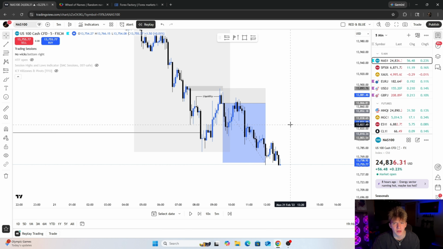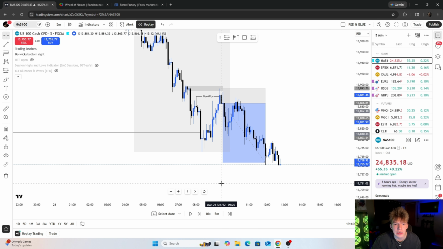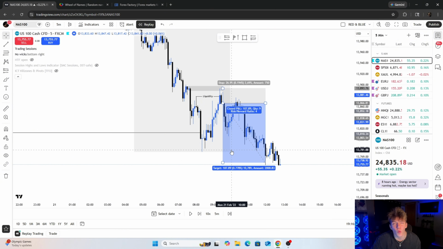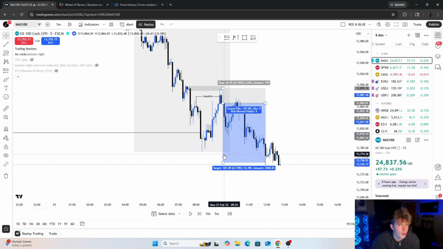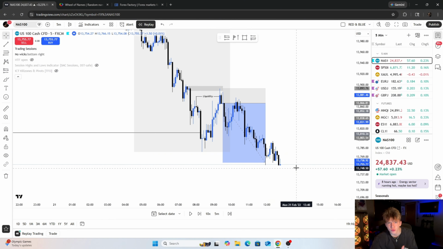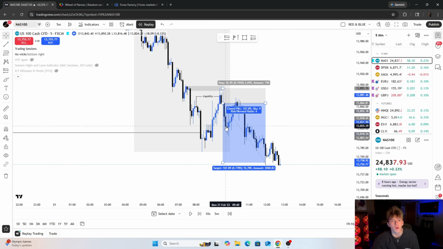Strict 1 to 4s make like triple the profit of those, but also understanding when to hold for a 1 to 4 and when to maybe take 1 to 2s makes a lot of sense. When you're in trend like this, you're normally fine because you have a whole reason to continue moving down. But if you're taking a quick move counter trend, maybe just a quick liquidity sweep, that would make sense to do a 1 to 2.